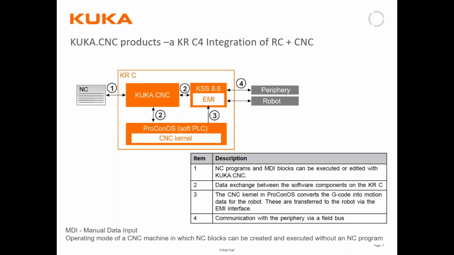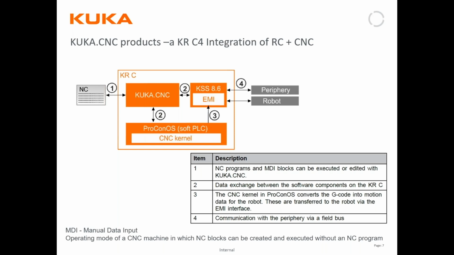Communication between KUKA.CNC and KSS occurs through the EMI, which is the external machine interface, ensuring synchronization with the robot controller and other control processes. Simultaneously, KUKA.CNC also communicates with Proconos, which is a soft PLC, and the CNC kernel for advanced motion planning and real-time coordination. Proconos and CNC kernel is step 3